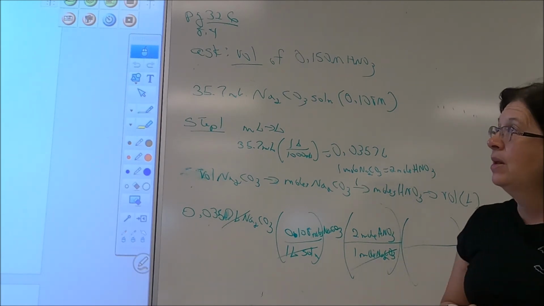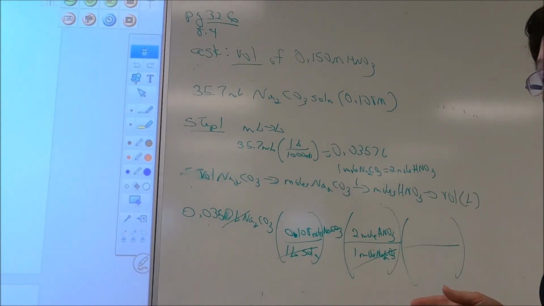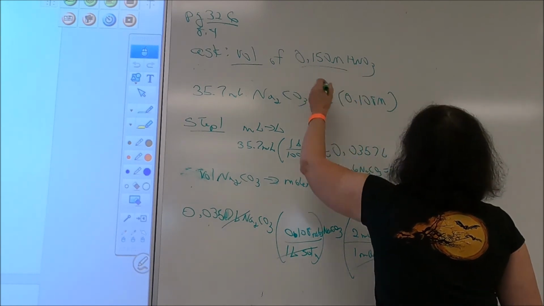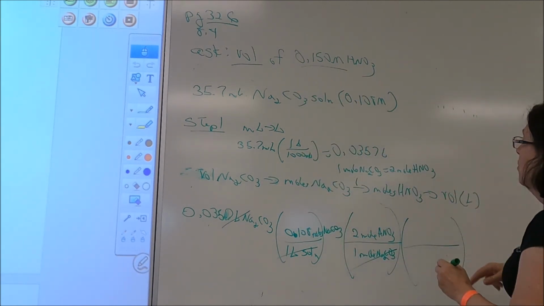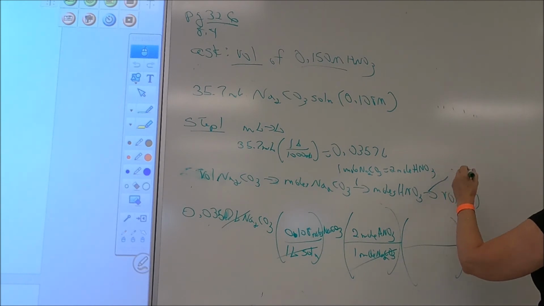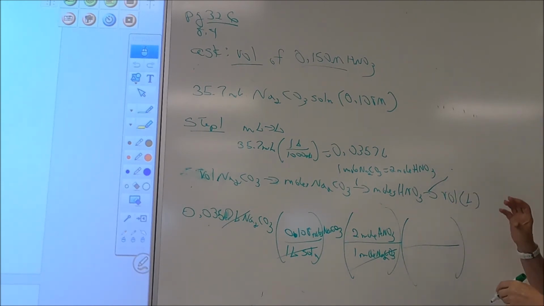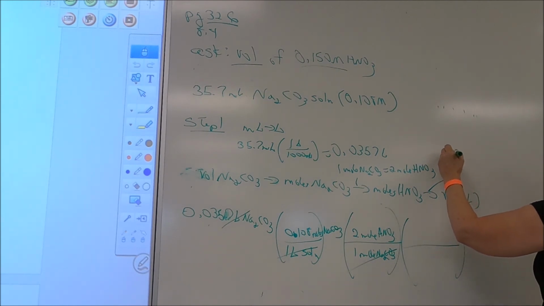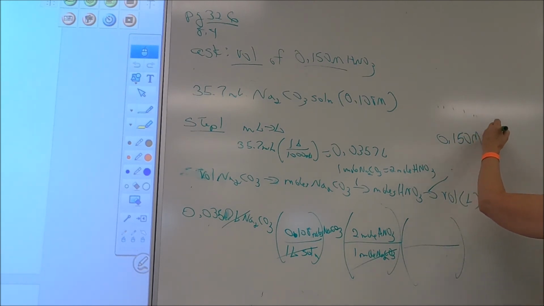Our last step is to go from moles of nitric acid to volume of nitric acid solution. Now we've got the molarity of nitric acid. I want to think about this for a second. Molarity is a ratio between moles of solute and volume of solution. When I write 0.150 molar, what I'm saying is that I have 0.150 moles of nitric acid